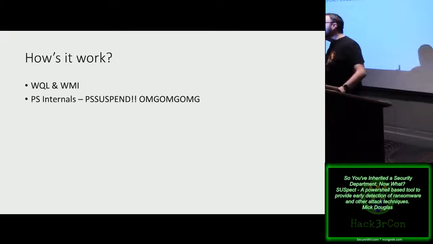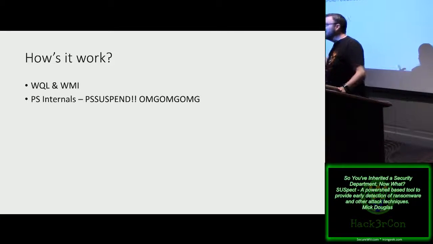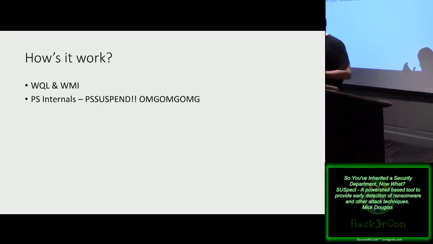Now, the really cool thing about how Suspect works is that I'm using built-in OS commands. There's not much that you need to install. There's a PowerShell script. There's the PS Internals component that, if you don't have it installed, it will fetch via web request for you. And then the rest of it, the heart of it, is a series of WMI eventing and WQL. WMI is an API that allows you to create events based on conditions. And what you saw there was the process execute condition.